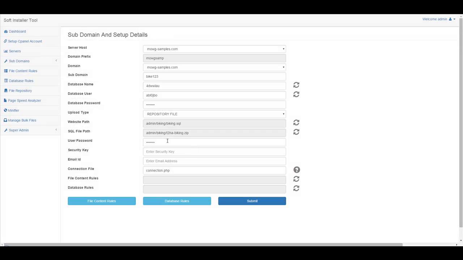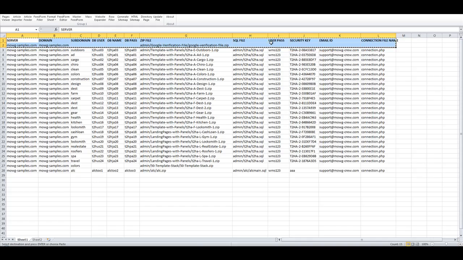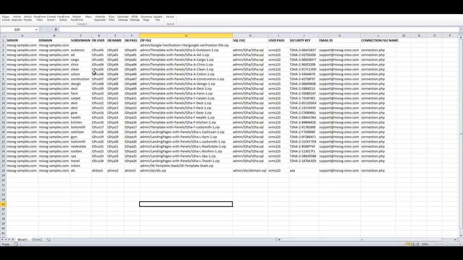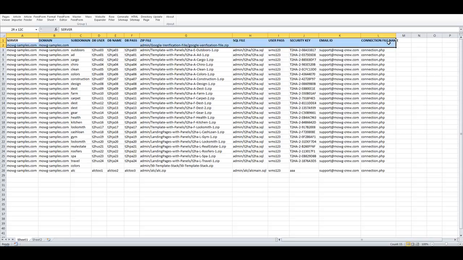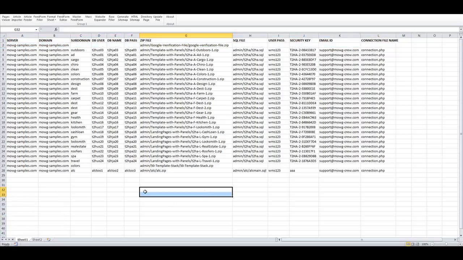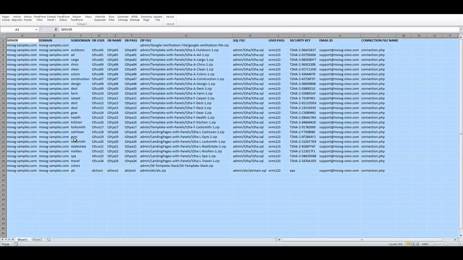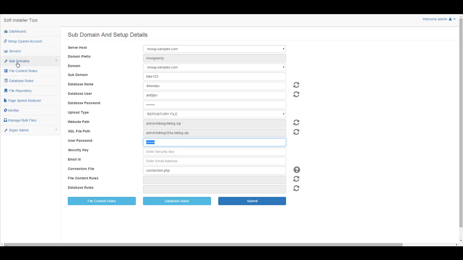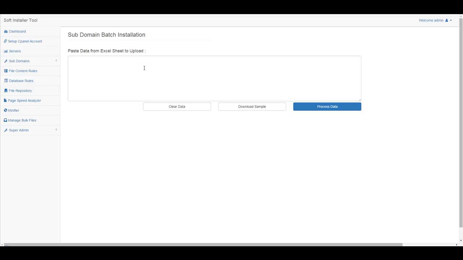Now this is all nice. User password, security key, email address, connection file. Well, guess what? User password, security key, email address, connection file. It's the same thing. So it's just pretty easy to use this file and forget about doing individual installations when you can just paste stuff in from this file. Now in my case, I'm going to highlight the whole thing, copy it, go over here, subdomains, batch, paste,